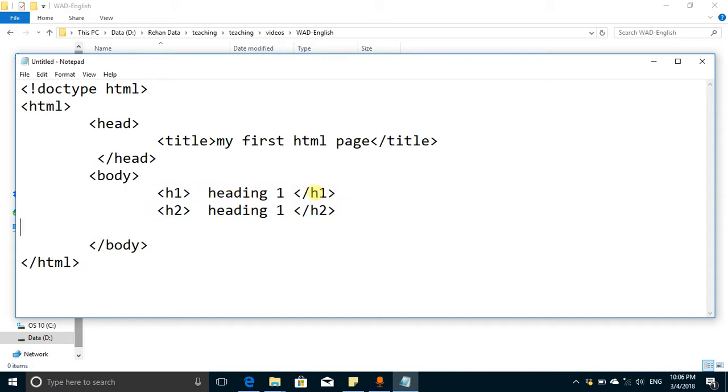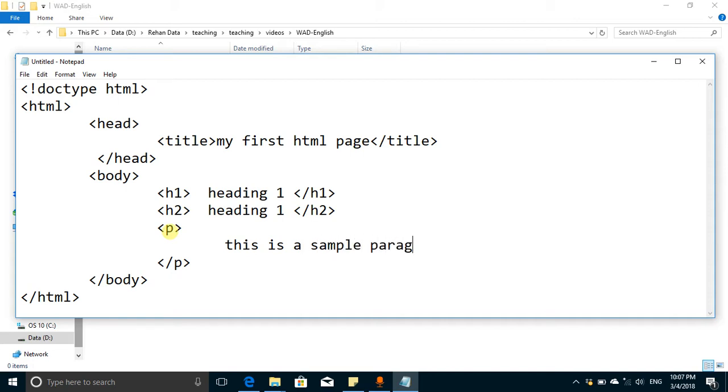Similarly, the paragraph can be written this way with the p tag. For a paragraph, we open this tag and close this tag. All the text formatting for the paragraph will be automatically included by writing this tag. So say this is a sample paragraph. So this is a sample HTML page, and we save this page. How to save this page? Go to File and here Save As,